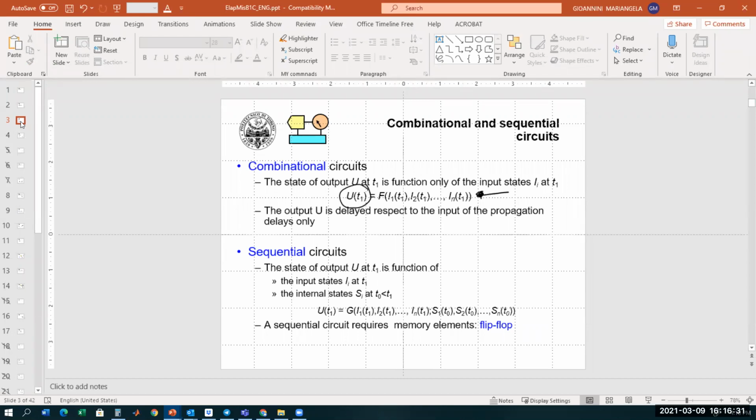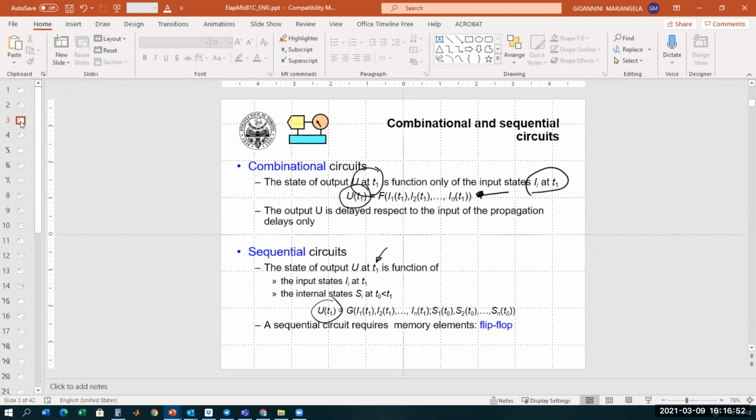I read the inputs at time instant t1, and the output is a combinational logic function of these inputs. In a sequential circuit, the output at time instant t1